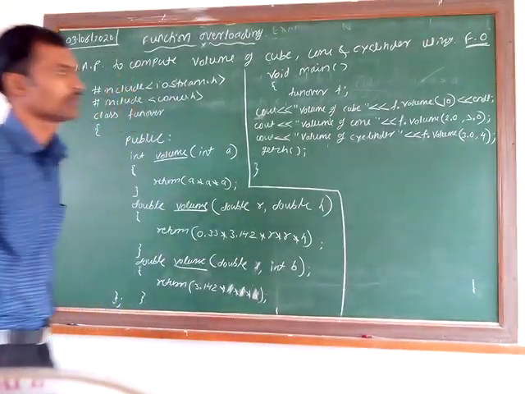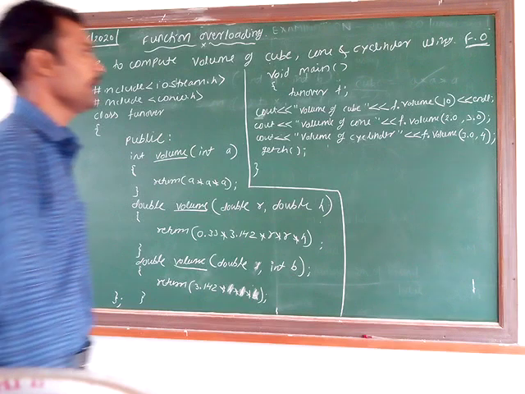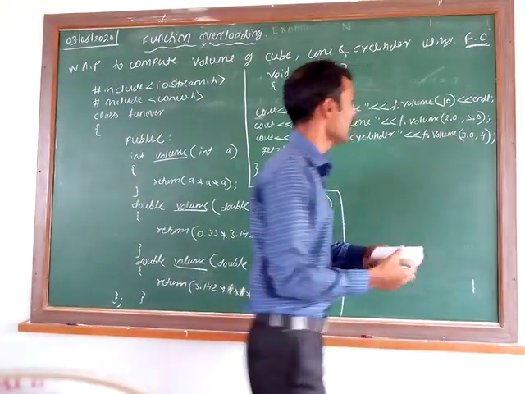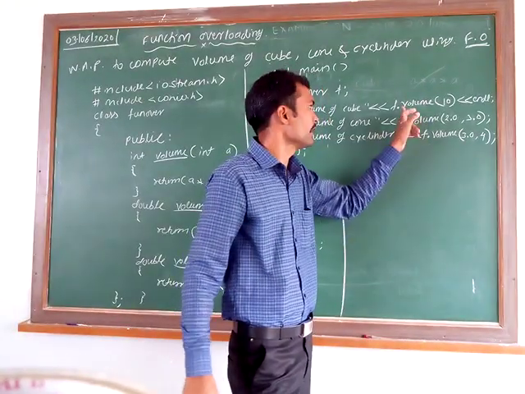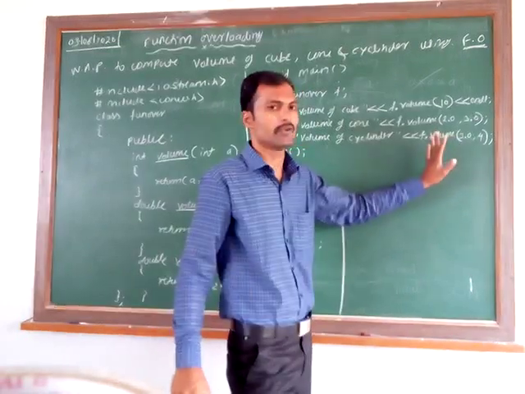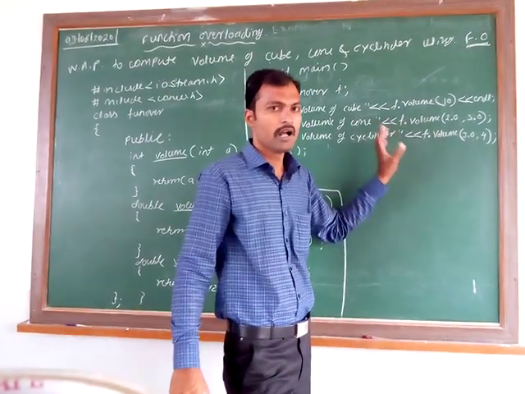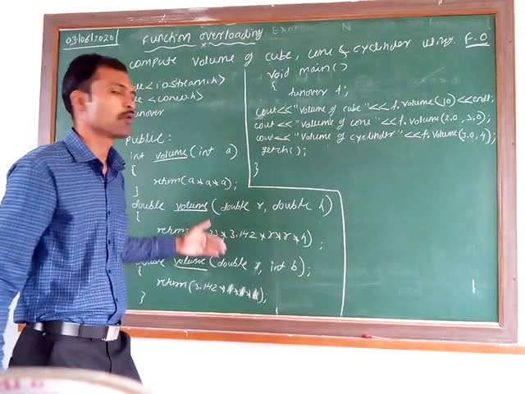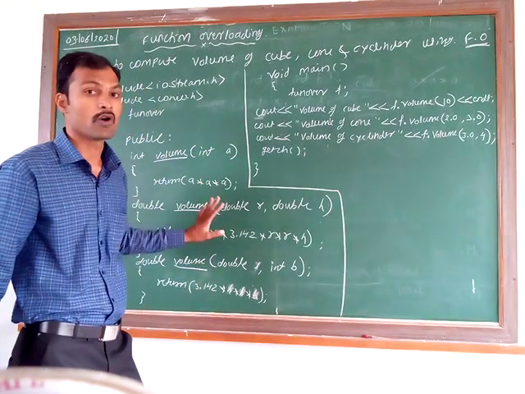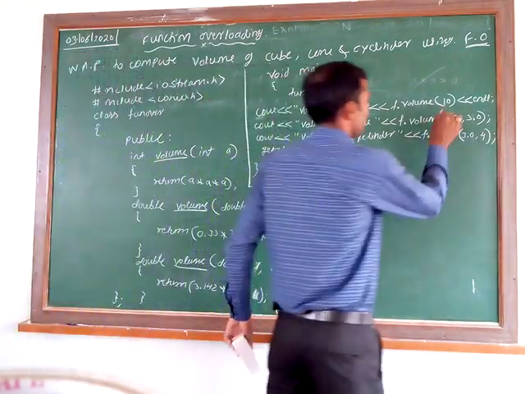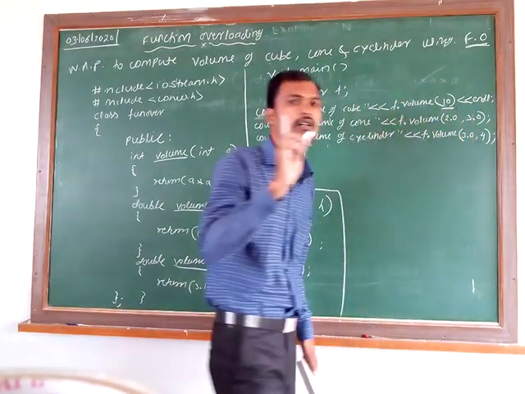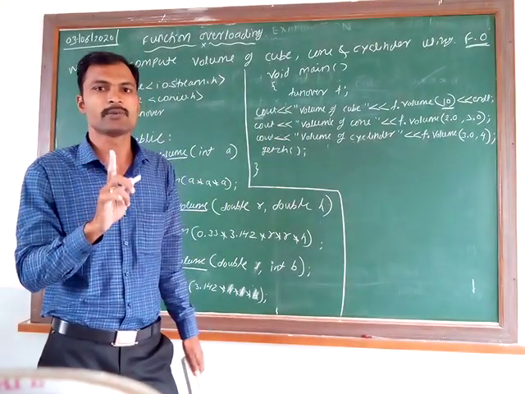Close. Now see, all the function names are same. F dot value, f dot value, f dot value. All are same. Then how will this function get invoked? How will this function get called? See, here we have given 10. Only one argument we have passed, that is a real number, that is 10.